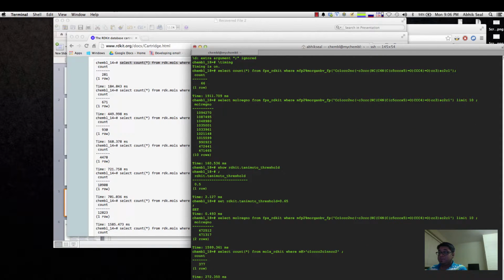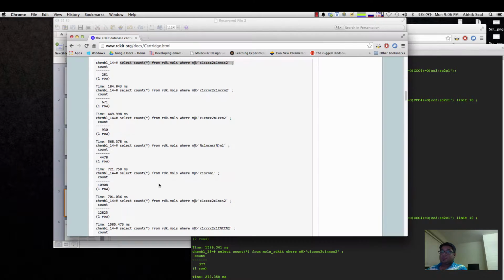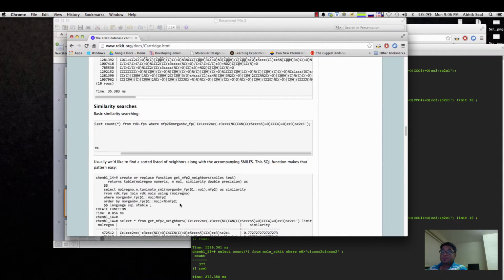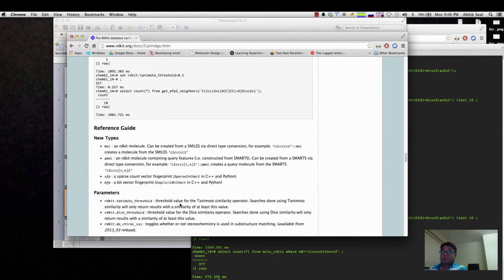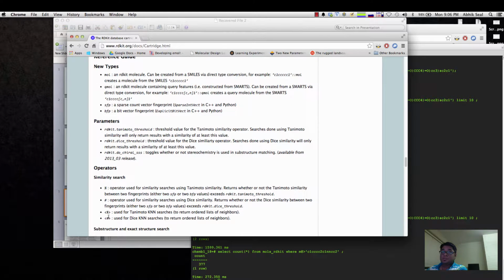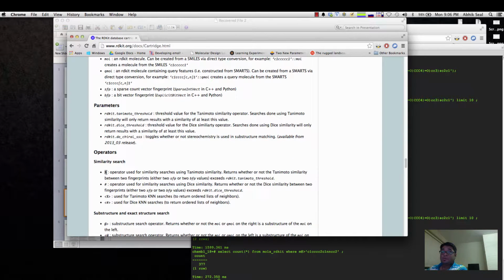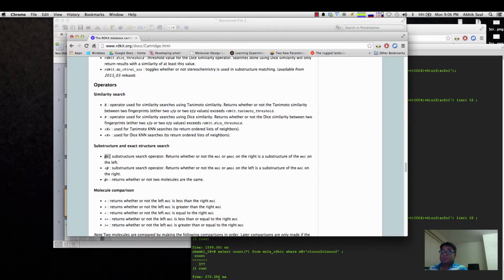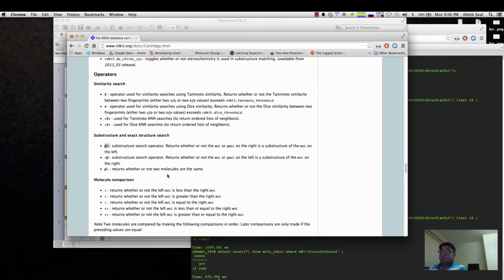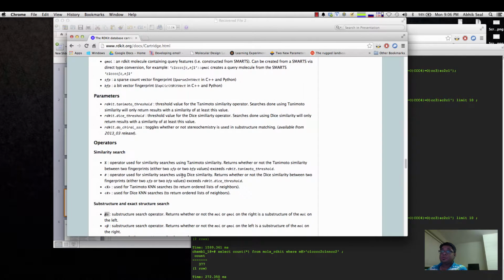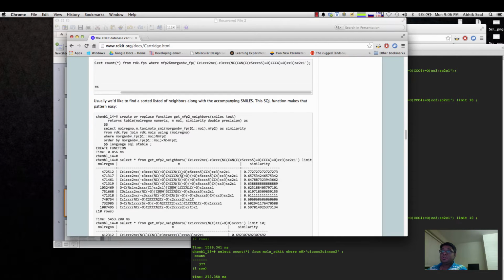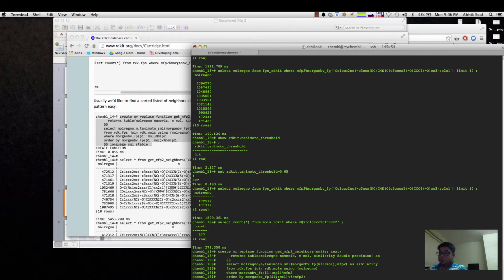They have also given some functions, like what these operators are if you perform this, and what they mean, such as the substructure search operator. It returns whether two molecules are the same or not. So yeah, these are the other functions. You can also create this function here. Just copy and paste this function and